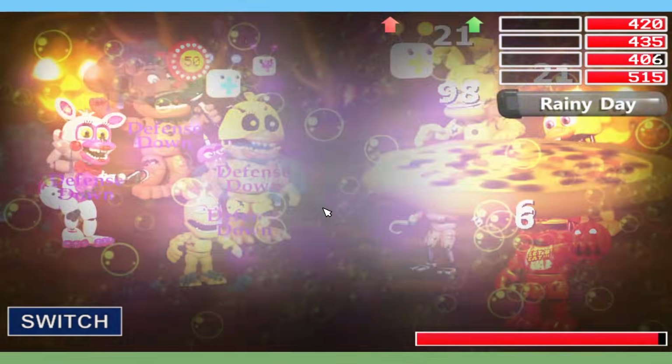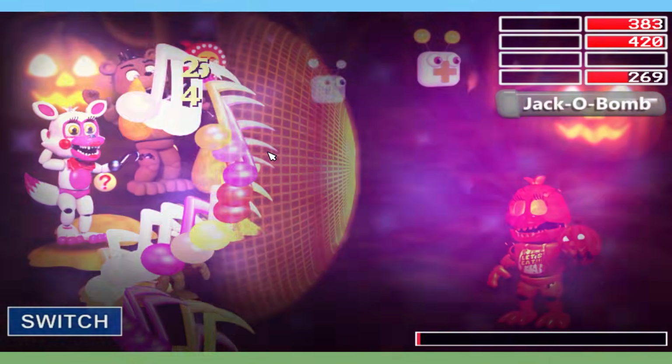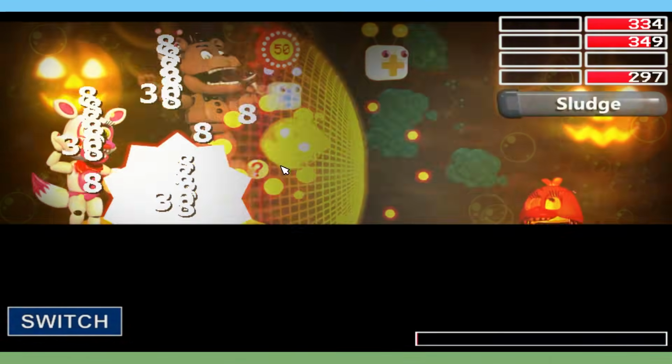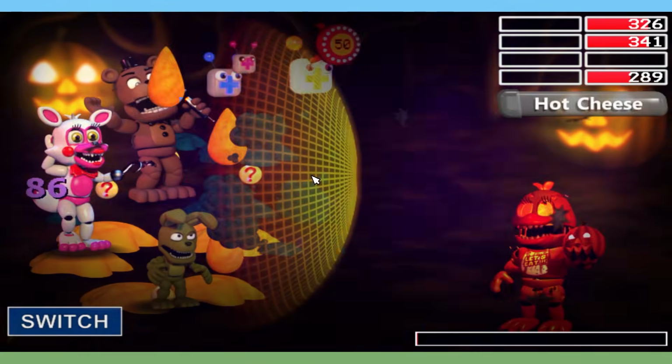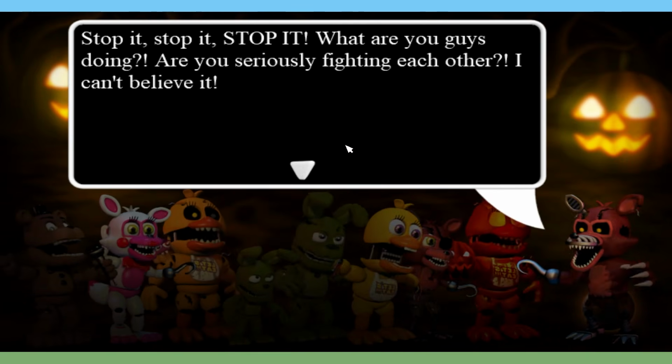The team I have is Withered Freddy, Funtime Foxy, Plushtrap, and Nightmare Chica. Each member has the same moves as they had in FNaF World, and this fight is easy as long as you just spam healing with Funtime Foxy. With the end of that fight, Jacko Chica demands a rematch, but Nightmare Foxy shows up to put an end